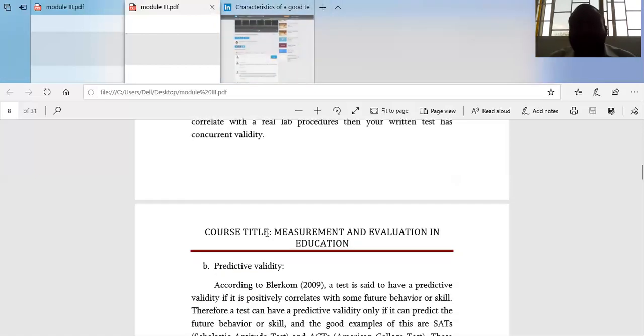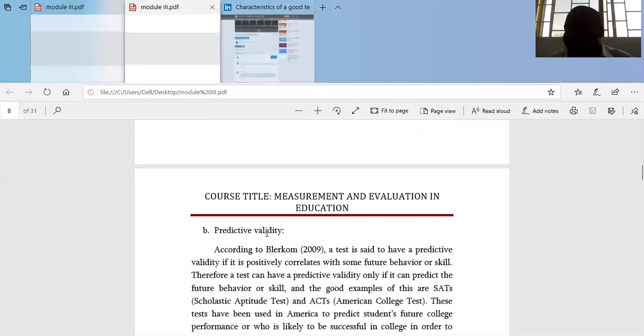And then we have another type of validity under criterion-related evidence: predictive validity. Again, according to Alcom, a test is said to have predictive validity if it is positively correlated with future behavior or skills. Therefore, a test can have predictive validity only if it can predict future behavior or skills. And a good example of this is